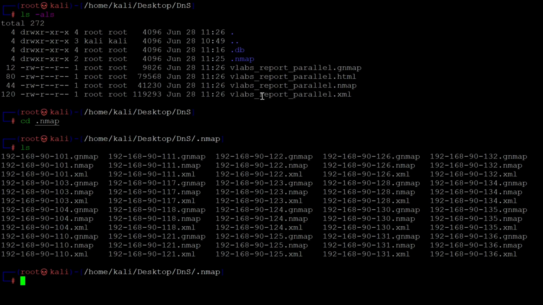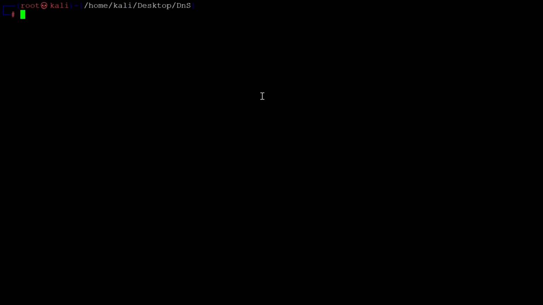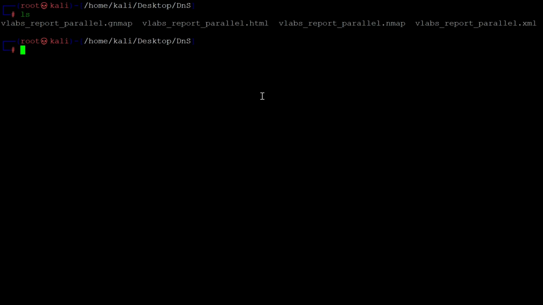So in case you want a report for a single specific host, you can use the XML file or GNmap or Nmap format, whatever suits you, or you can create the HTML file from the XML file using xsltproc on the fly. That is also possible, but we are much more focused on getting the complete HTML report, so that we will see.